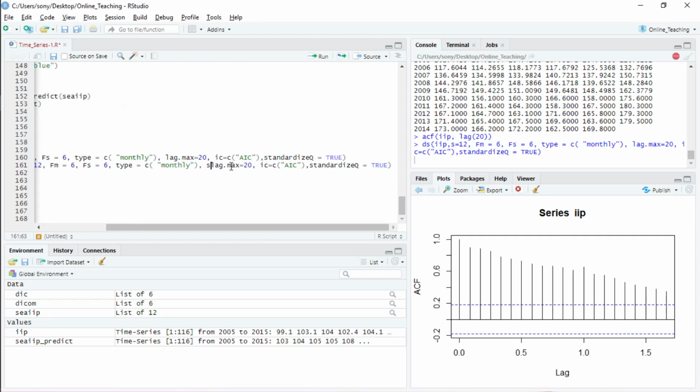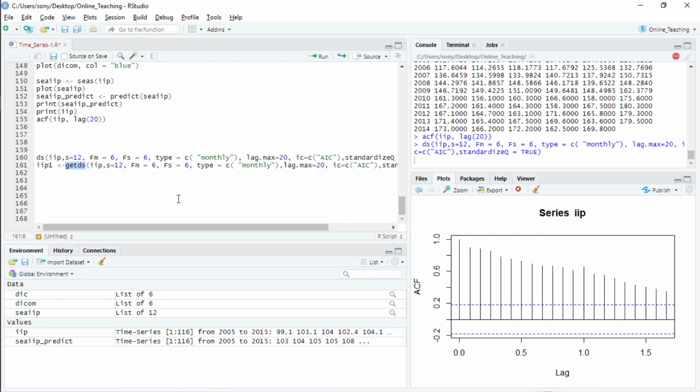That function will get the AIC values, the fs and fm values, then by using get ds we will get a deseasonalized time series of IIP. So it is taking a bit more time.